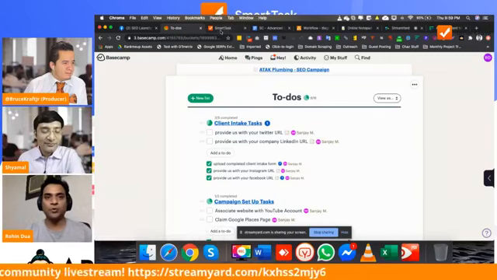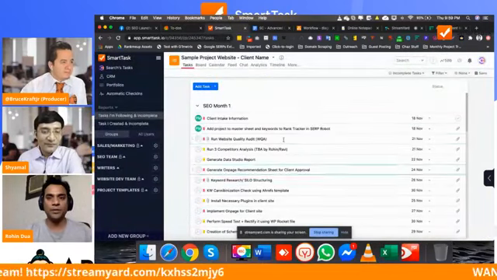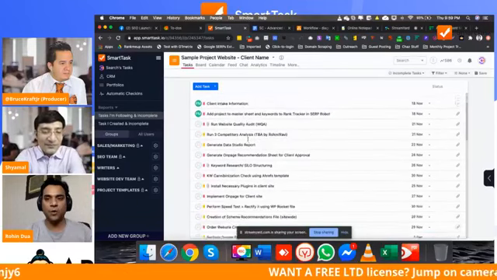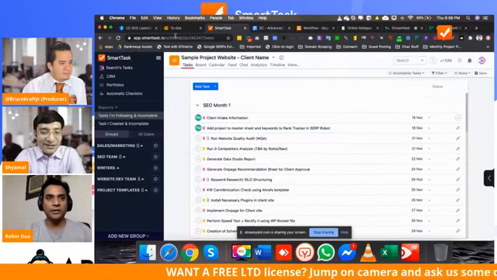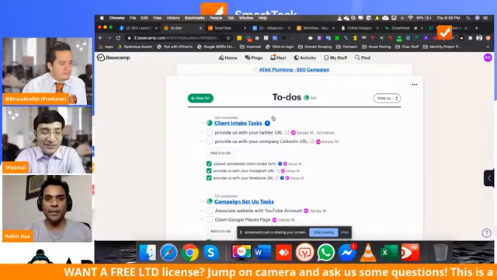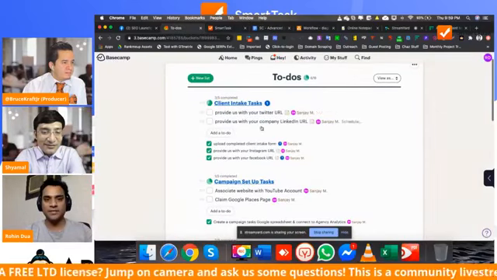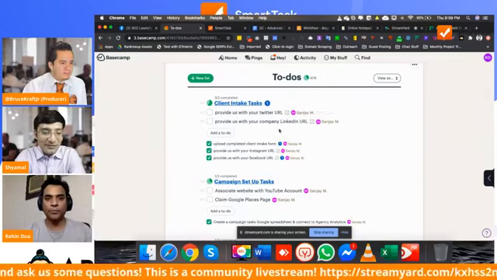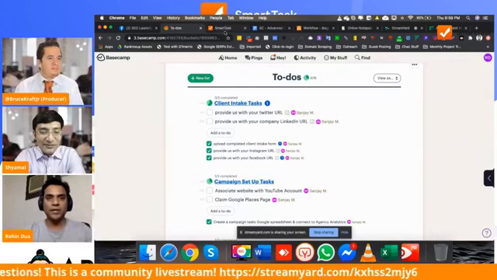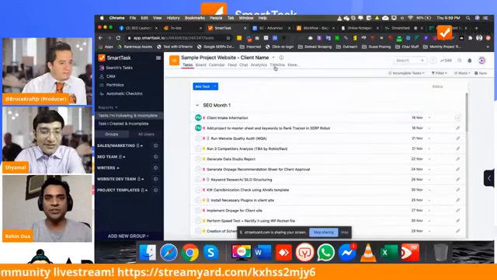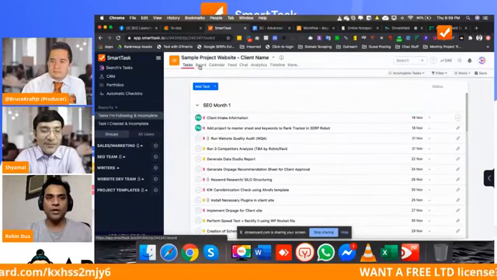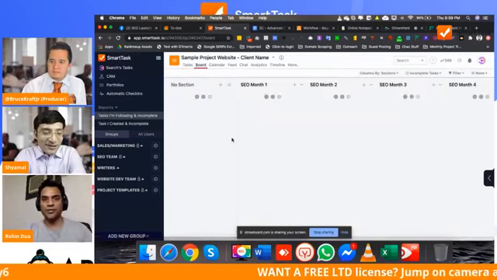So once I show you my particular dashboard, the one where I have segregated them from month 1 to month 6, you can see all this up here with the dates and all that. And if you try to compare it with Basecamp, you can say it's a bit hard. Although I know that we can dig deeper and do more, I think this one is a lot easier to see, especially the timeline view and the board view. So this is something we can actually do on the fly.